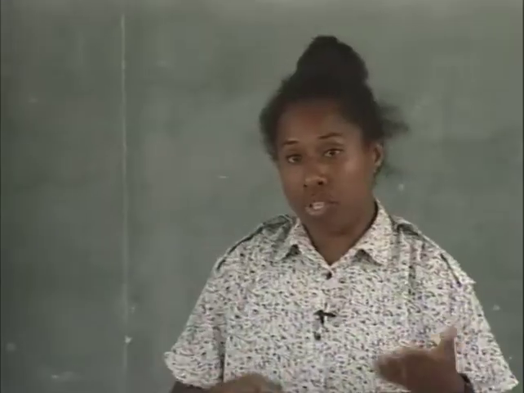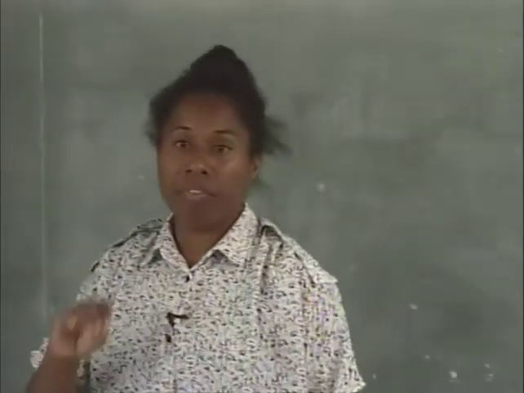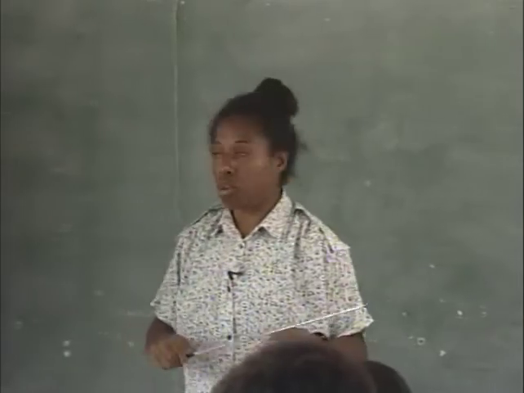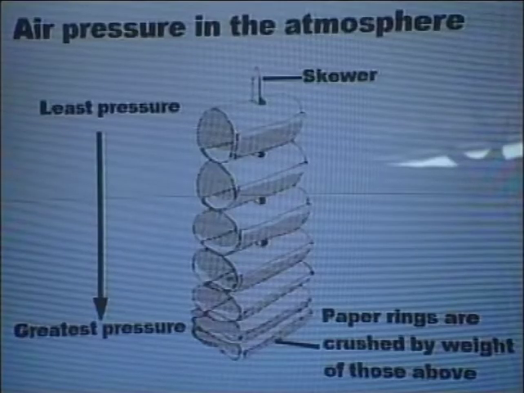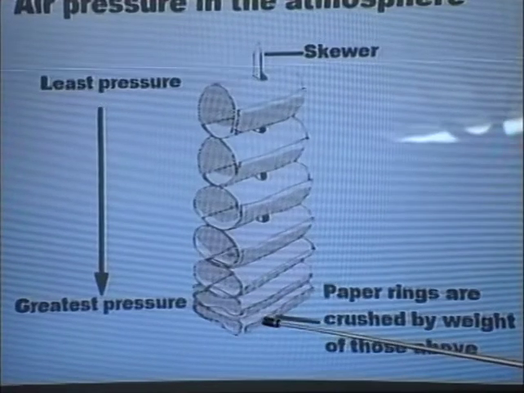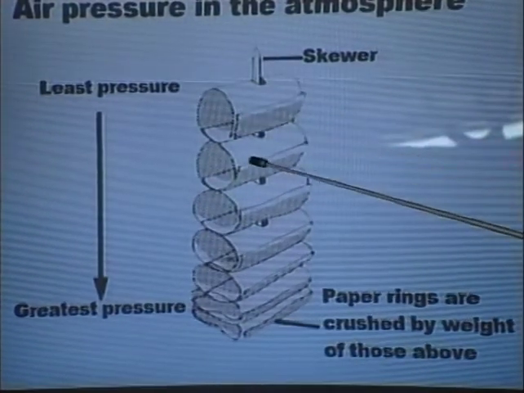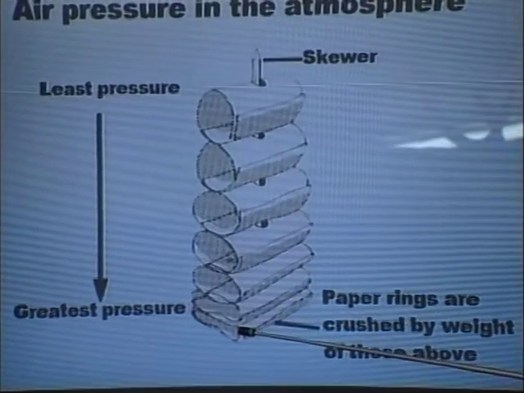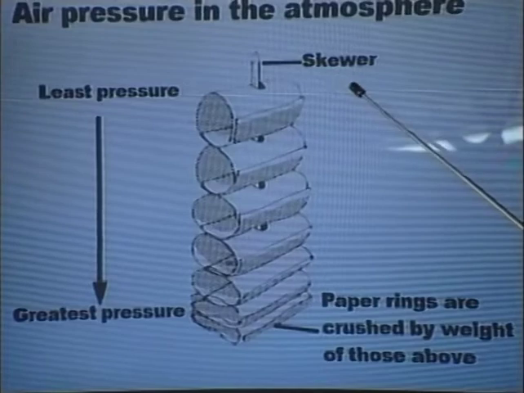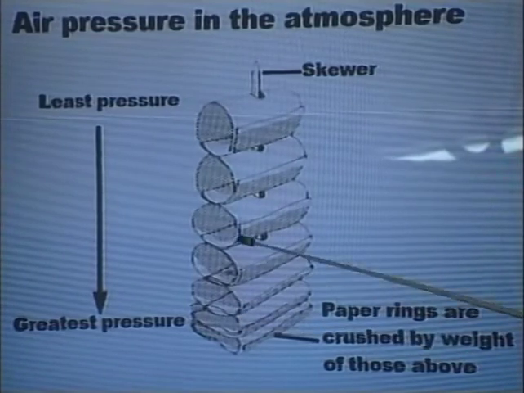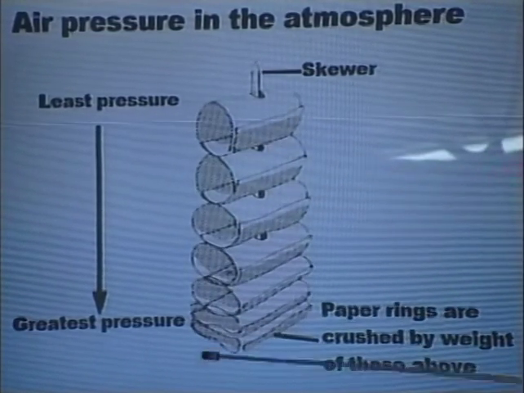If there are no questions, let's look at air pressure in the atmosphere and maybe something that you can do to check what we mean when we talk about the column of air exerted on an area giving rise to a high pressure at the bottom and low pressure as we get up to the top. You have an instrument here, which is known as a skewer. It's like a paper clip, but it allows you to put the papers through. You have paper rings, which have been made, and then you make a hole in those paper rings. There's 1, 2, 3, 4, 5, 6, 7 paper rings. Make a hole through them so that you can put them onto the skewer. Okay, you put the first paper ring at the bottom, and then you do the same. You place the others on top of the ones that have been placed at the bottom.